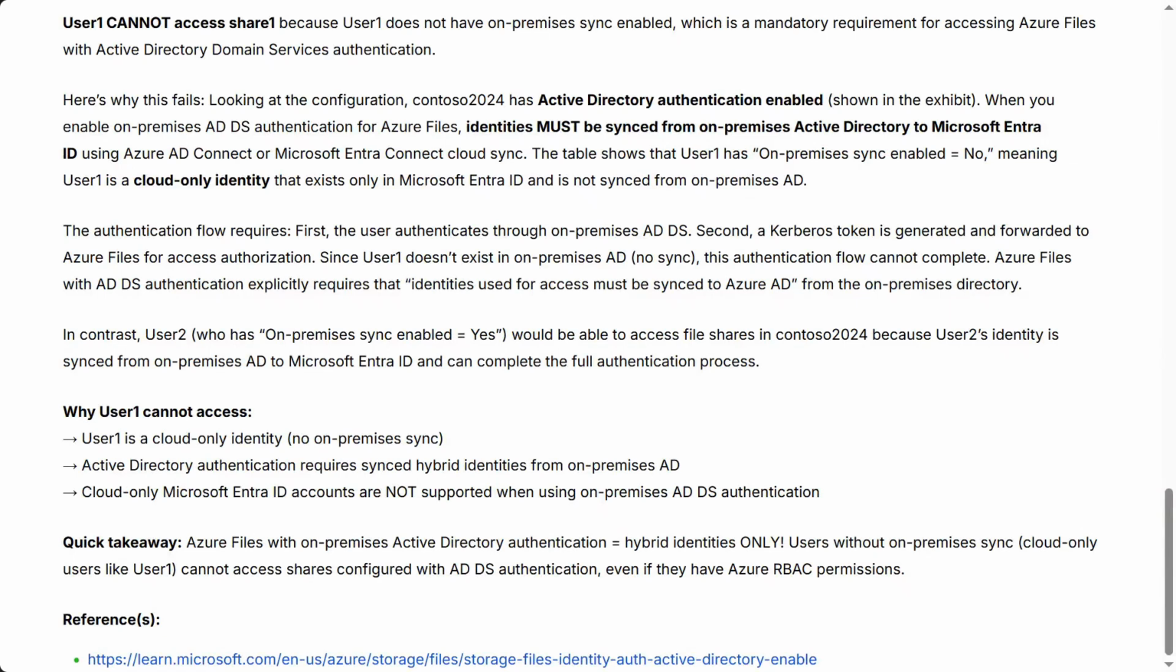User 1 is a cloud-only identity, no on-premises sync. Active Directory authentication requires synced hybrid identities from on-premises AD. Cloud-only Microsoft Entra ID accounts are not supported when using on-premises AD DS authentication. Quick takeaway: Azure files with on-premises Active Directory authentication equals hybrid identities only. Users without on-premises sync, cloud-only users like user 1, cannot access shares configured with ADDS authentication, even if they have